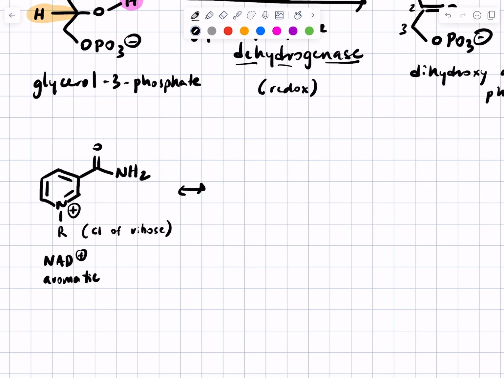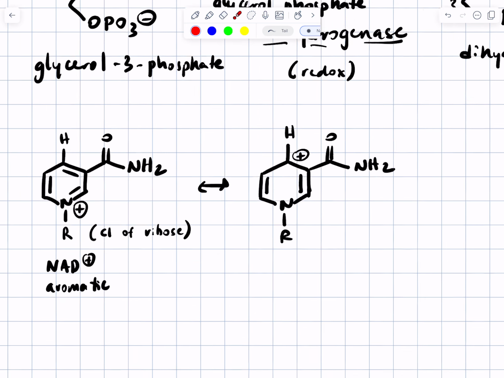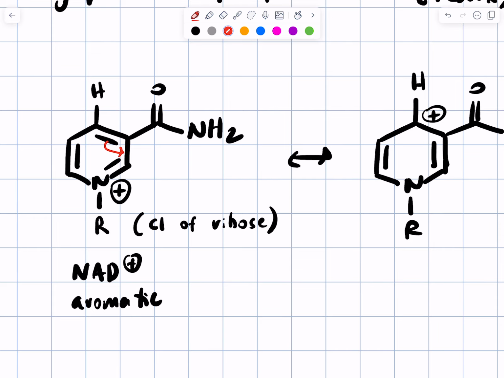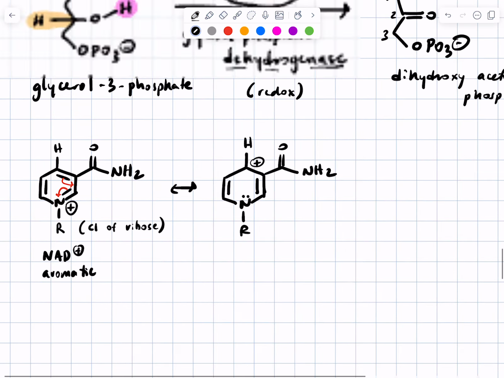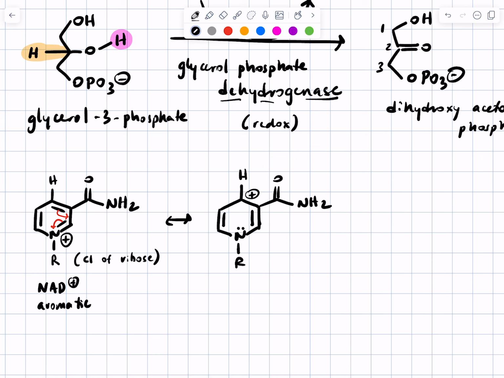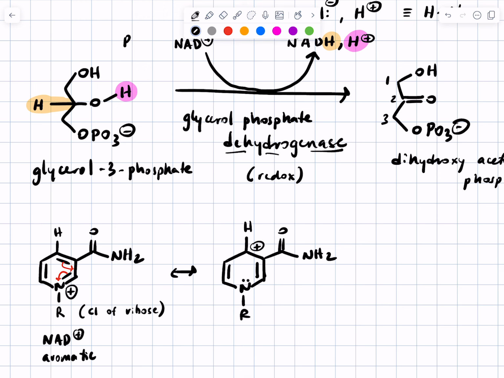Another thing that might be useful for you is to draw a resonance structure, which would show you that the positive charge on the nitrogen is also on this carbon that is para to the nitrogen. You can interconvert those two resonance structures simply with these two arrows, right? So that tells you that NAD plus is electrophilic on that para carbon. So what can happen is a base from the enzyme removes the proton from the OH